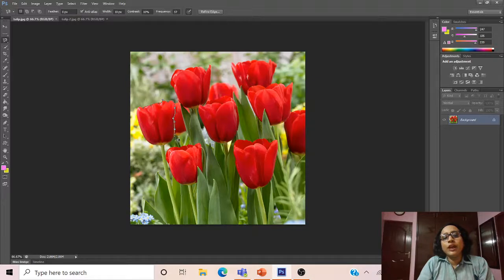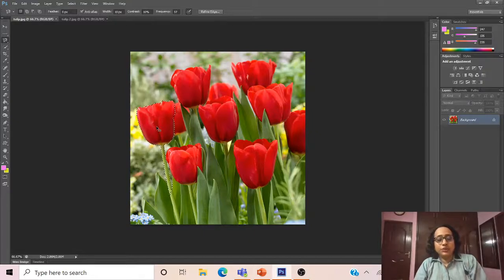If I am making a click outside also, still it will stick to the image pixel. Say for example I want to stop here and I just took a turn, then that particular selection is sticking to the red color pixel, and you double click and you see this tulip flower is being selected. So we do Control C, then Control V,